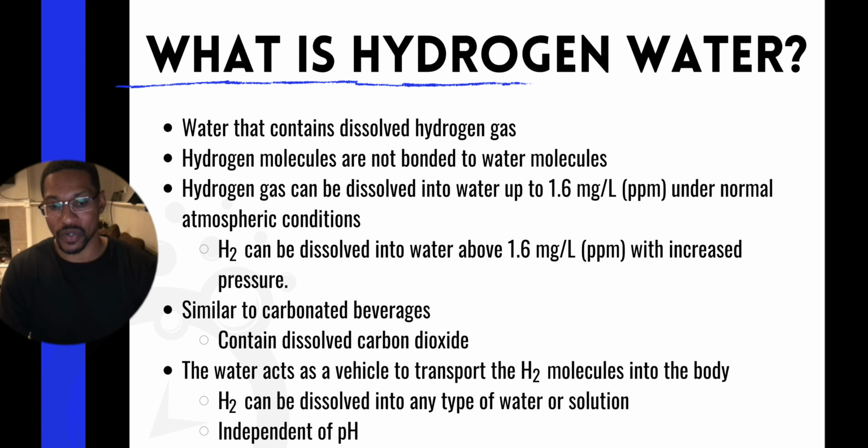And then it's also independent of pH. As I was saying, hydrogen ions, or a proton, that form of hydrogen dictates pH, but molecular hydrogen is independent of pH. It's hydrogen gas. It will not affect the solution. It does not react with anything, and so it will not affect the pH of a solution.